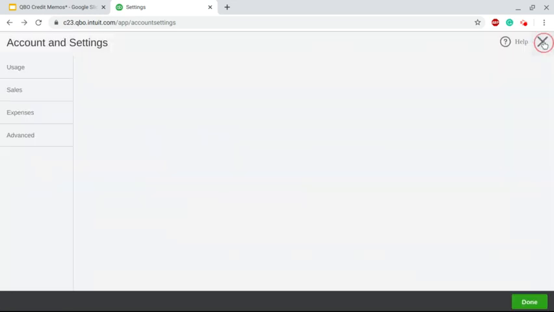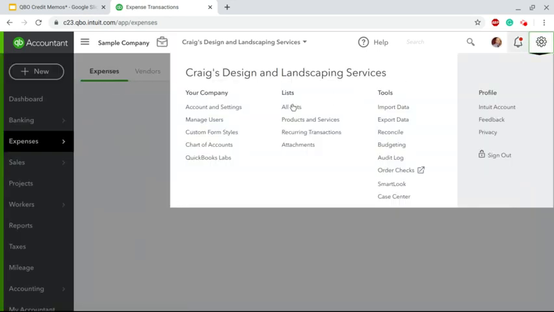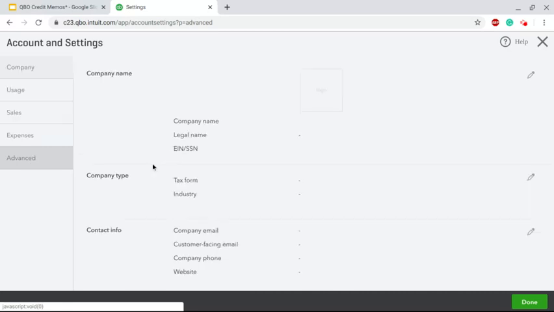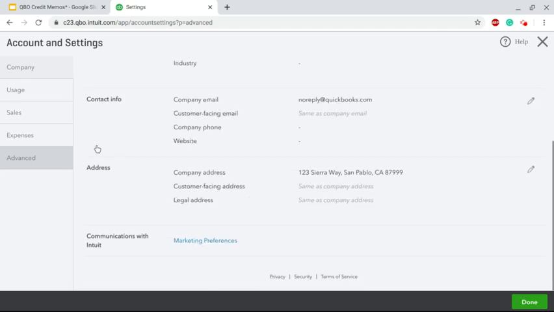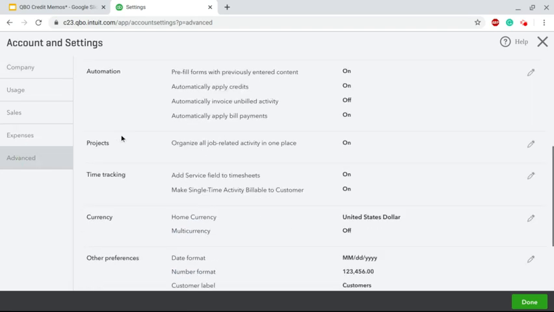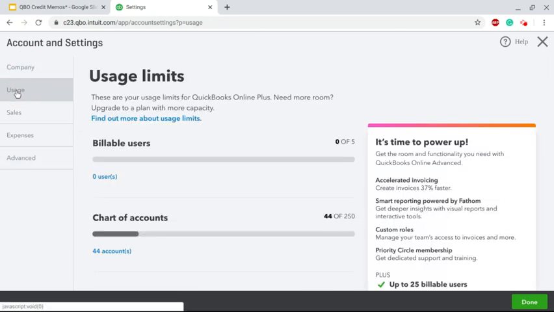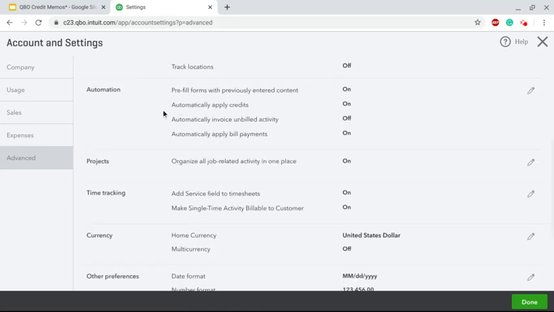Waiting on it here. Okay. Let's try again. Accounts and Settings. Let's do Advanced. And like I said, down here, scroll past it. Oh, try Advanced. Okay. In the Automation section, Edit,